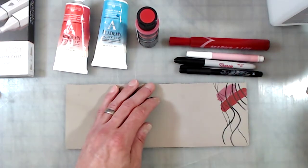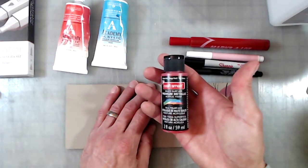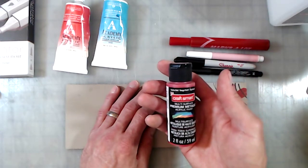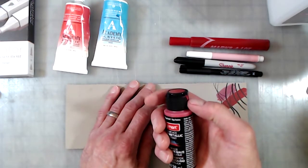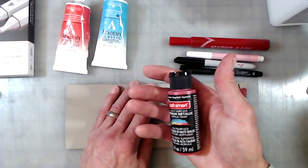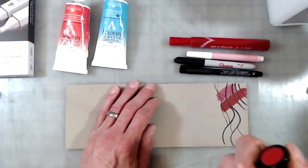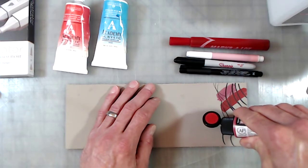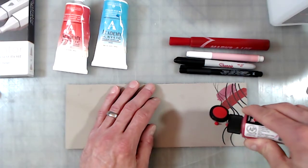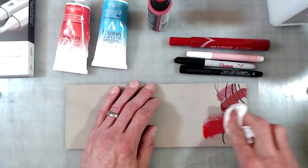Now, one method that works really well, especially for big areas, is acrylic craft paint. You can get little containers of these for just a couple of bucks in most places, even Walmart, as well as Michael's, Hobby Lobby. Those kinds of places will carry things like this. Now, this one is a really pigmented craft paint, acrylic paint, and what I'm going to do is put just a drip on the surface, and I want to use a paper towel then to just rub that into the surface